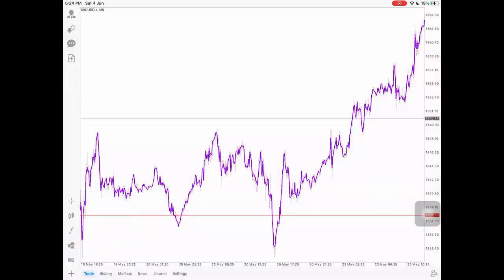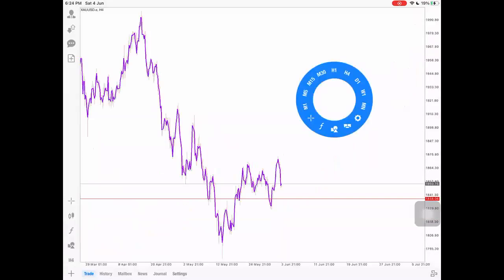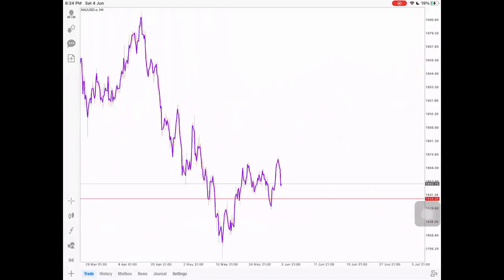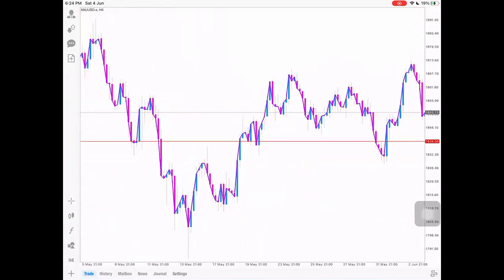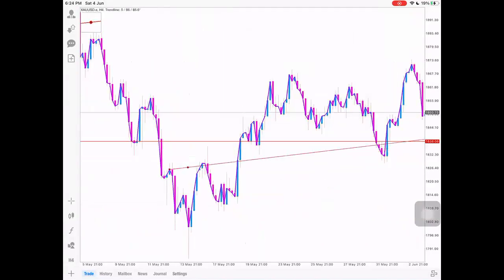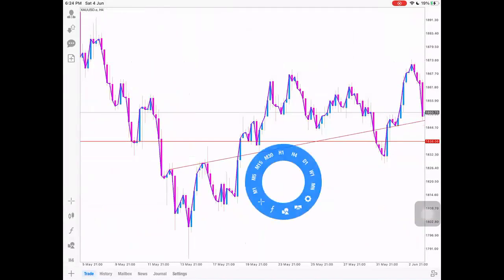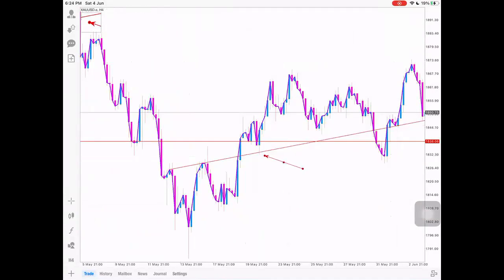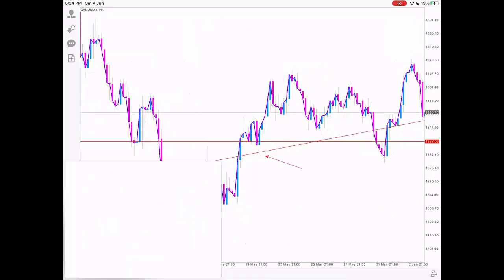Ladies and gentlemen, I'm about to show some magic here. Ta-da! That's the reason. Because trend lines are the priority. If you spot a trend line, and this is not a reversal trend line, this is what you call a continuation trend line,